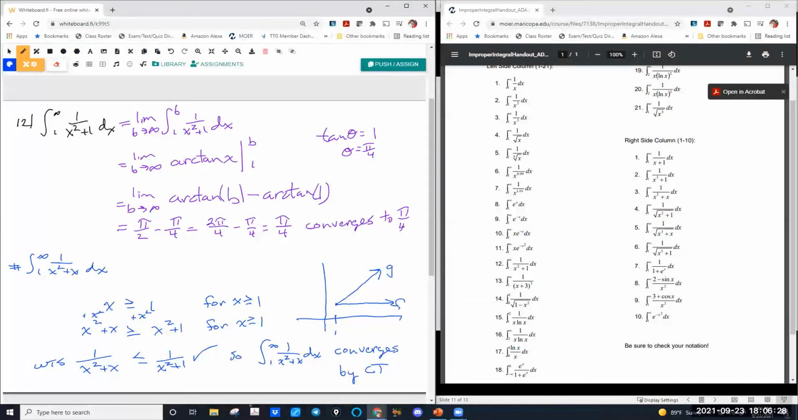So that's how the worksheet is intended to be used. We may not have time for it today. We'll see what we want to do next. But first,